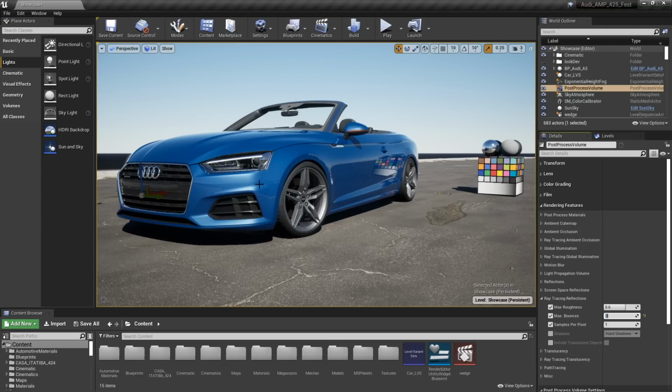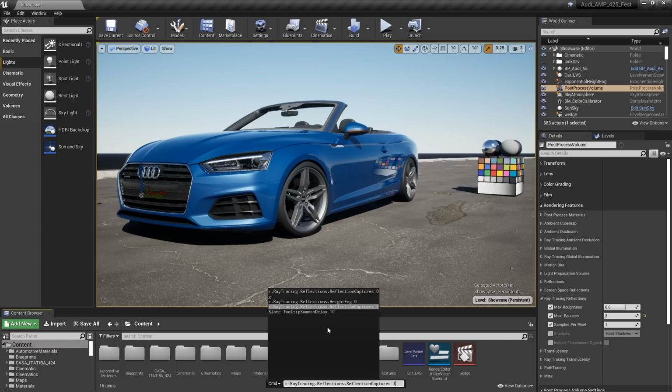And fortunately, we have a CVAR that allows me to modify that default behavior of hitting black as the end color, and have it fall back to your reflection captures or your environment. So again, it's a very simple process to set a CVAR. Just hit the tilde key to bring it up, and I can use my up and down arrow keys to jump into my list of recent commands that I've used in this project. So I've already used this before, that's why it's here. And the CVAR that you want to set is